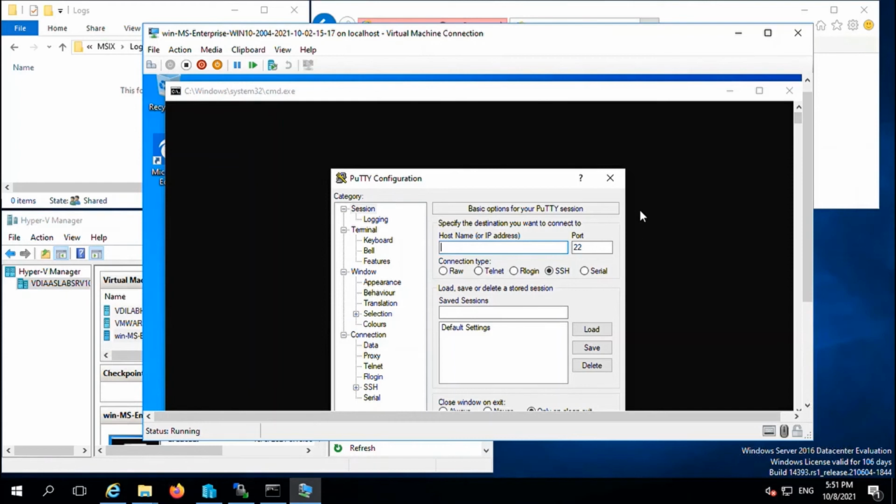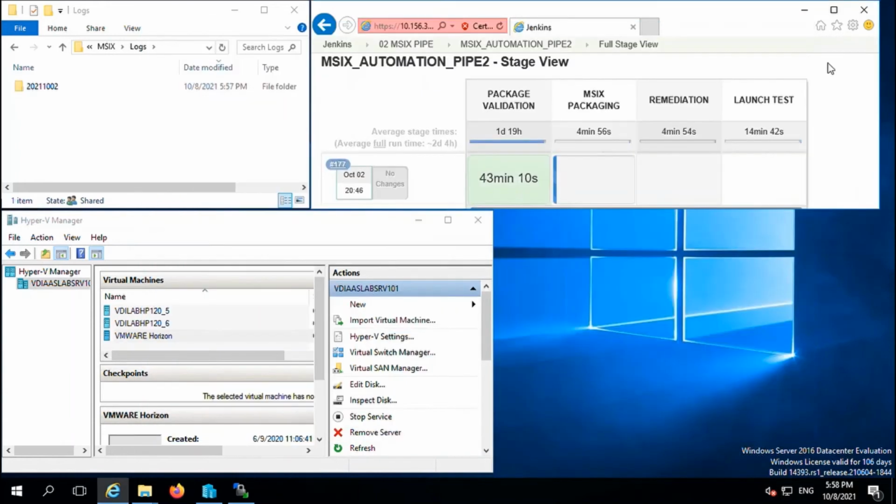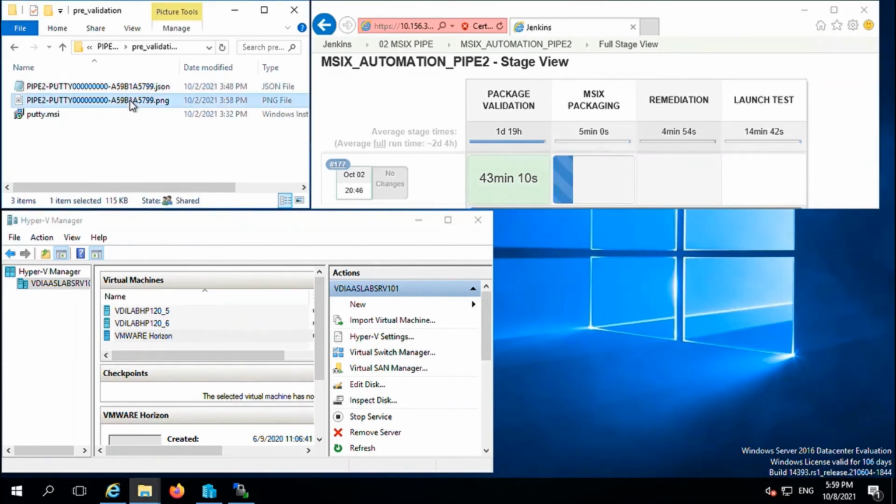The Putty application is launching now in the new VM. So the MSI is working as expected. It will write the output to the output and log folders. Once package validation is completed, the engine will delete the new VM, and we can check the status along with the launch screenshot.